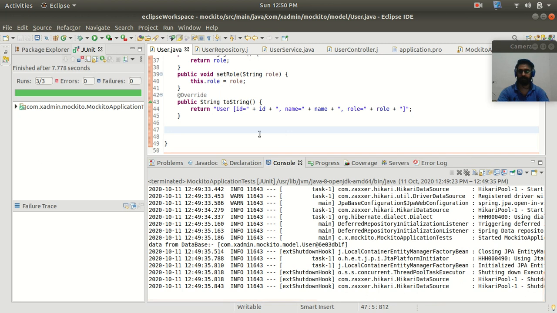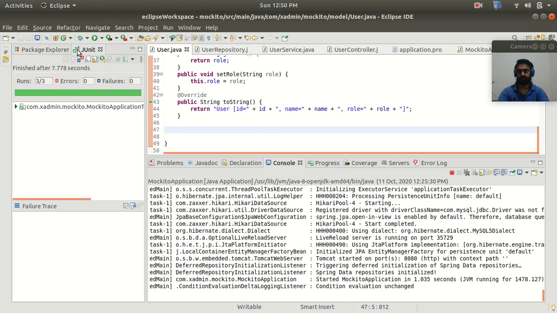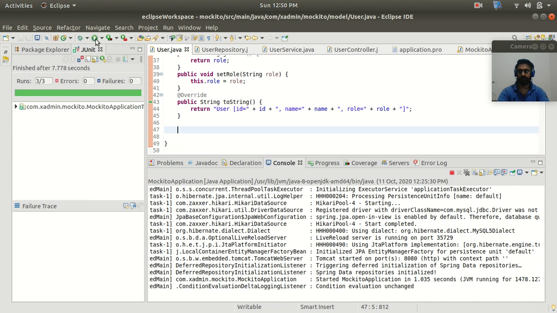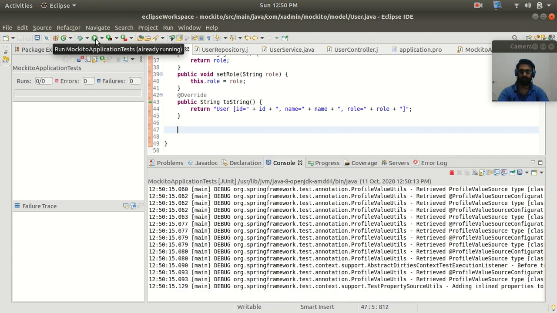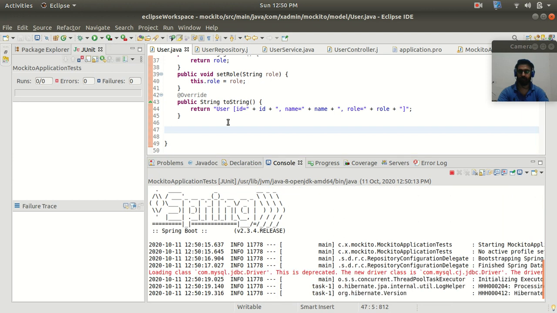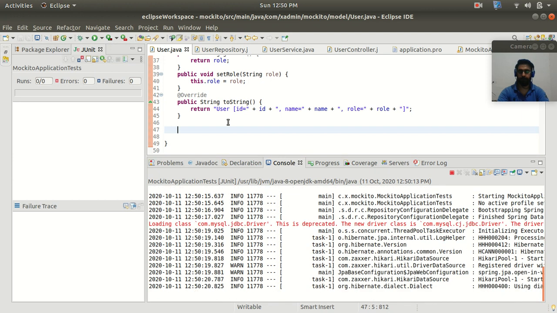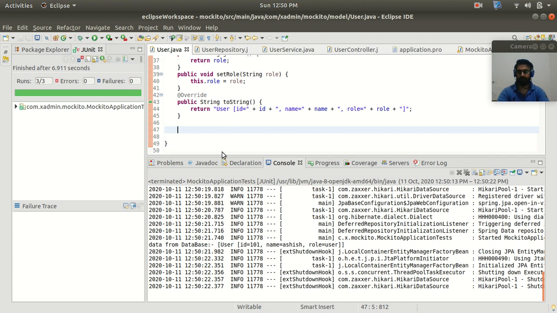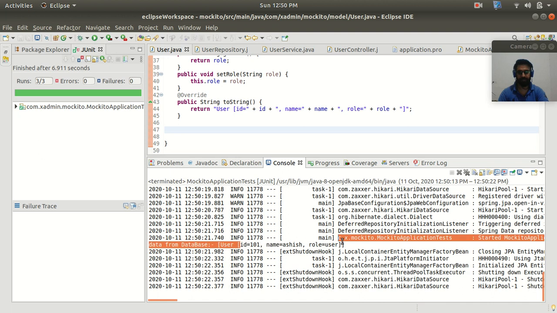Save this. Let's run this unit test. So here you can see that now I am getting the data as "data from database", but you can see that I am not actually getting the data from the database. I am getting the mock data which I have entered, right?